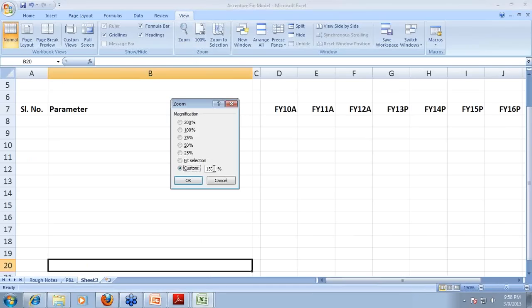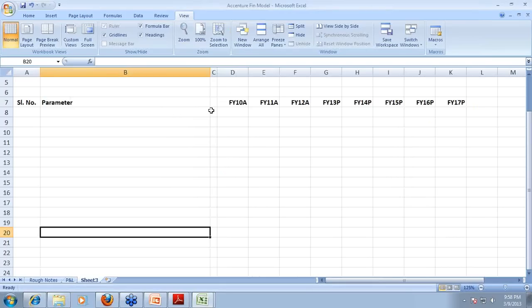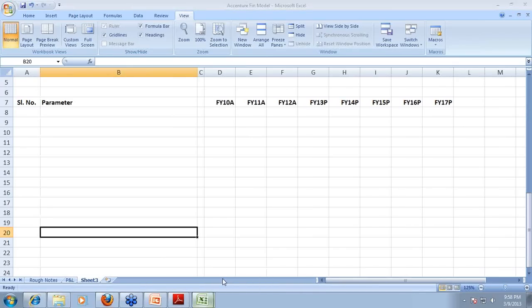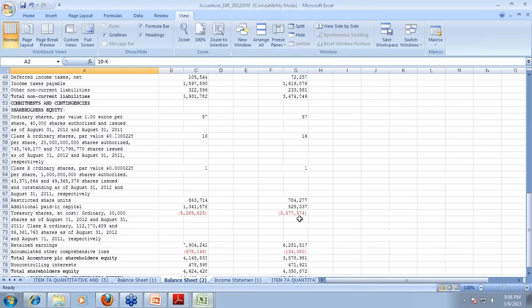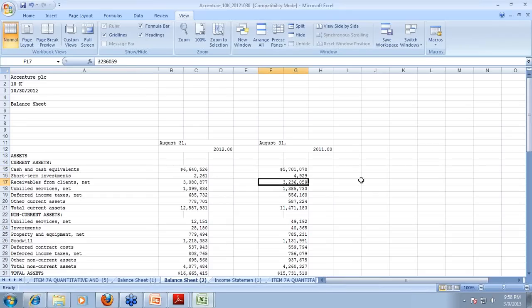So I'll reduce the zoom to 125. The request is to reduce it to 100%, but I think 125 should make sense, at least for the timing, so that it's clearly visible to everyone. So I go back to my 10K filing, figure out where my balance sheet is. Now remember, the balance sheet over here is reported for